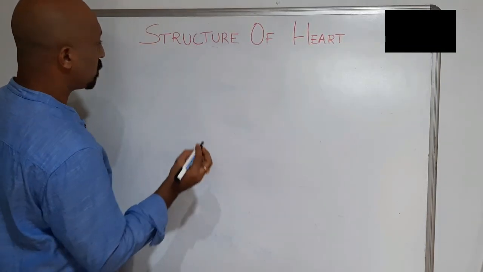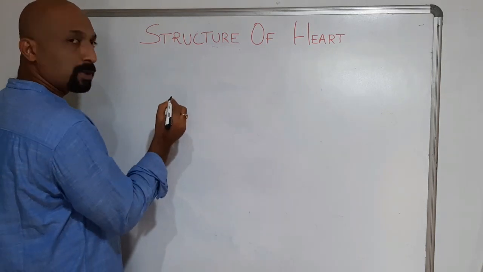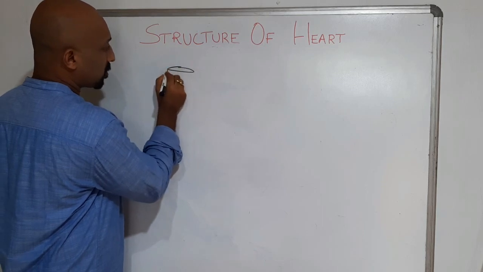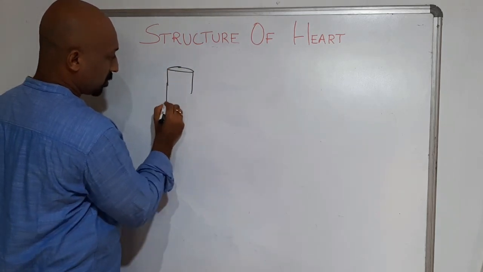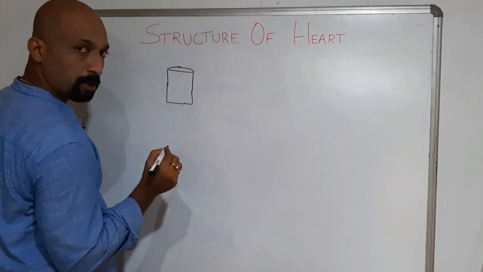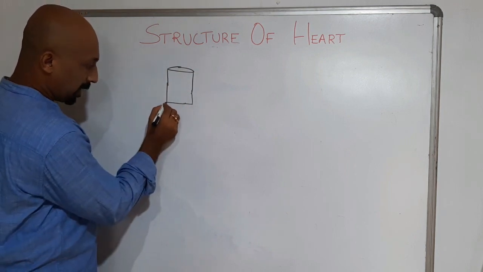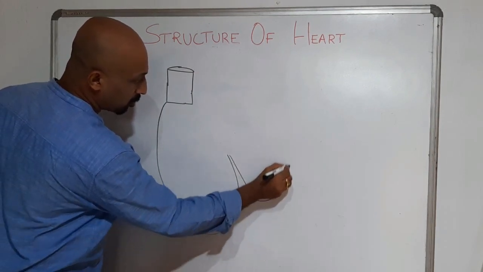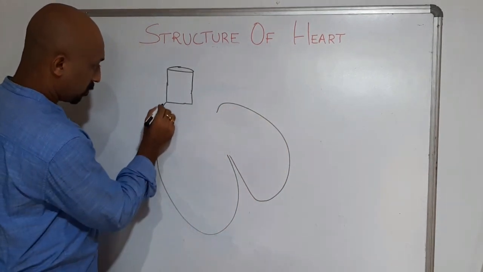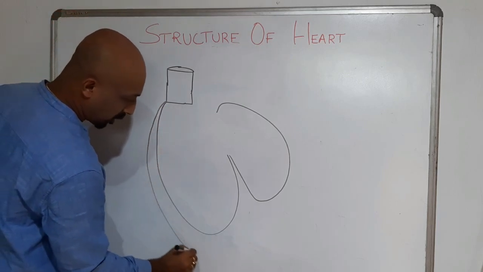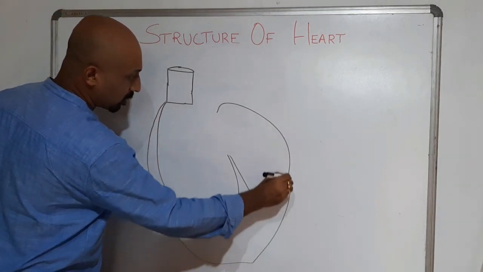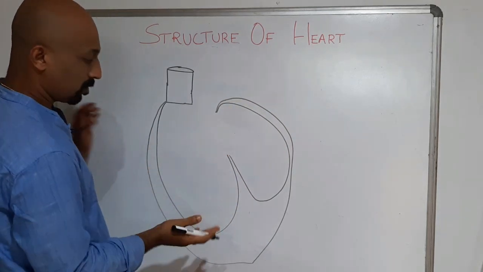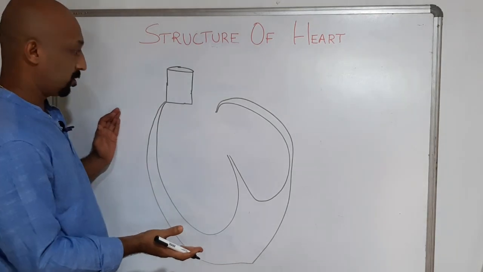See, first we are going to draw the outline structure so that we can fill in the other structures very easily. In order to draw that, I'll start with the structure here like this. If you draw like this, we'll easily get an end to draw like this. So one structure here, from here I'm just drawing one structure. From here again I start like an anchor like this. So it finishes the structure of the heart.